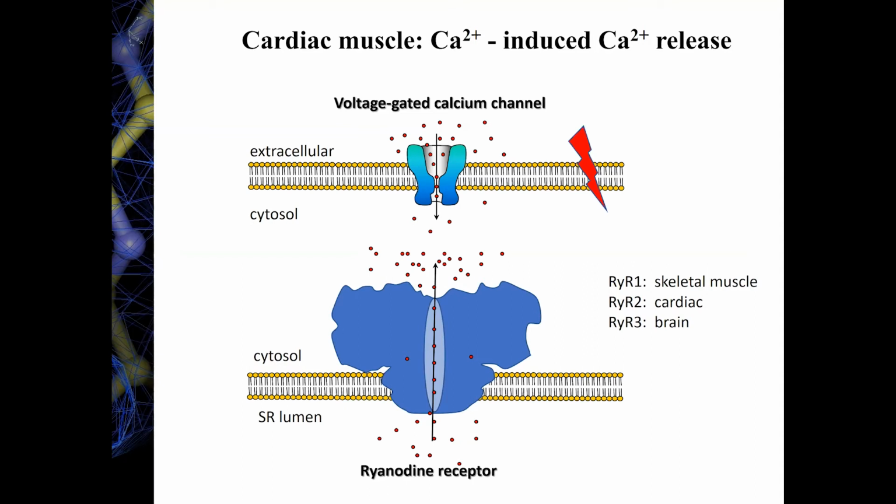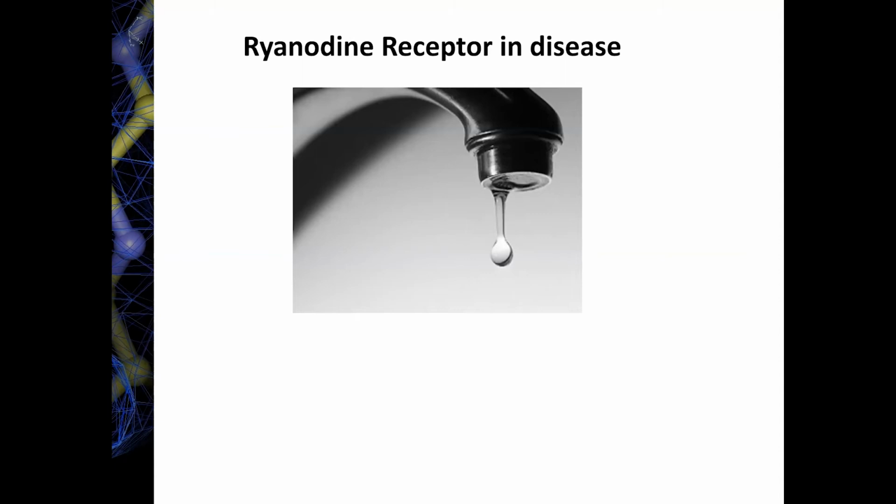And so, as I told you, Ryanodine receptors are targets for disease mutations. And most of these mutations, not all, but the bulk of them, are what we call gain of function disease mutations. So what that means is that the Ryanodine receptor can open under conditions where that shouldn't happen. That's a gain of function. And now calcium can leak into the cytosol and do a lot of really bad stuff.